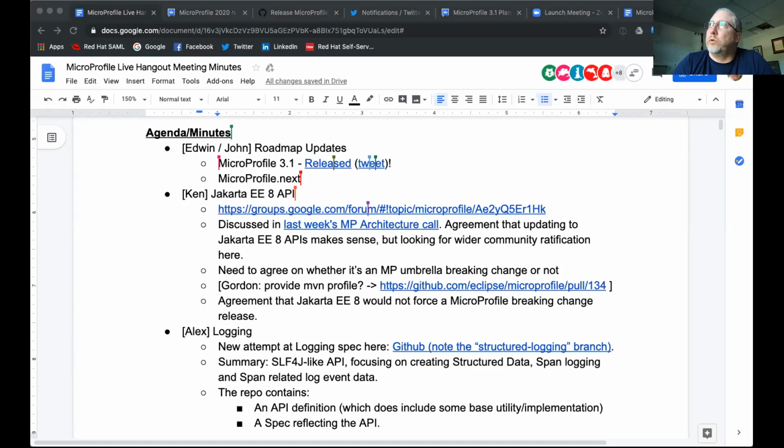Oh, shoot. I just had a thought. If we're updating to EE8 for Jakarta, for February, do we need to enforce every spec to release a minor version that uses those new artifacts to prevent double artifacts occurring?